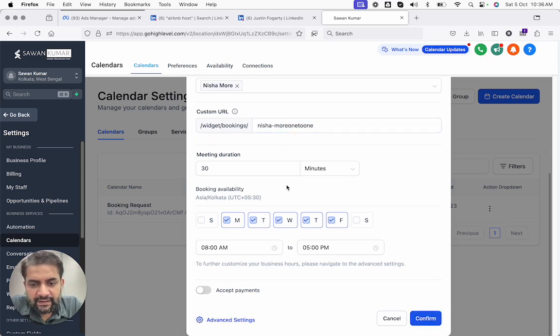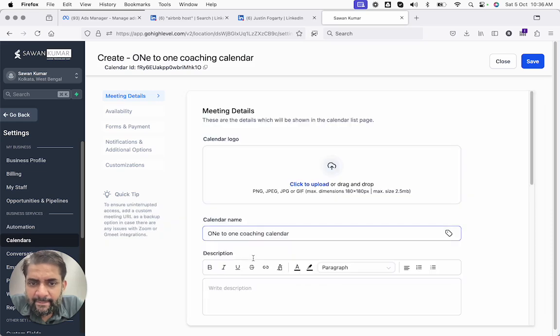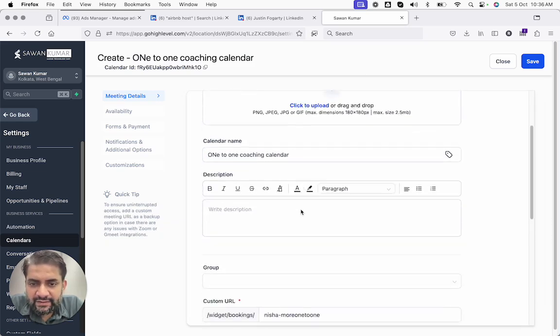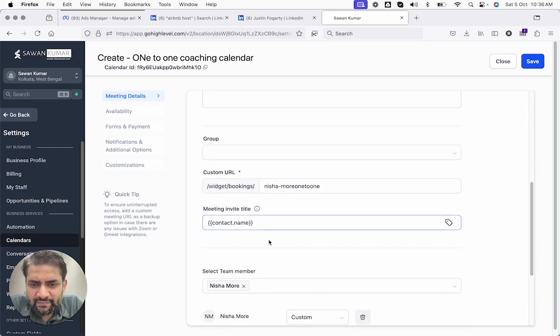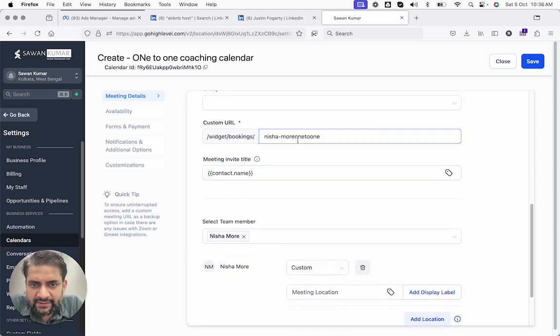Let's say this is the calendar slug. I click on advanced settings. Here are the more details. You can create groups within the calendar. We'll talk about the specificity of why you need a group, but yeah. So that's the custom URL,